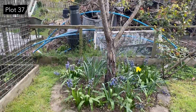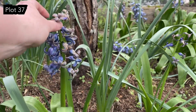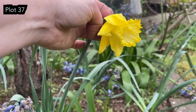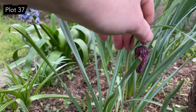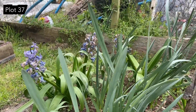Right, at the bottom of the apricot tree, the hyacinths have gone over now, but they have been so beautiful for like a good month. They've been wonderful this year, so lovely. Still got some daffs coming along, and we've also got the first snake's head fritillary popping through here. I planted about 20 of them in this bed, and I think they got eaten almost immediately,